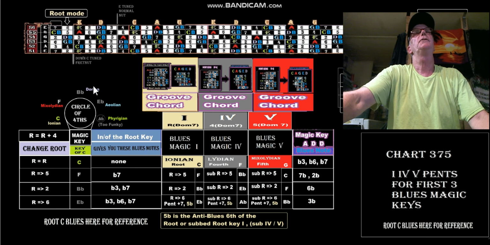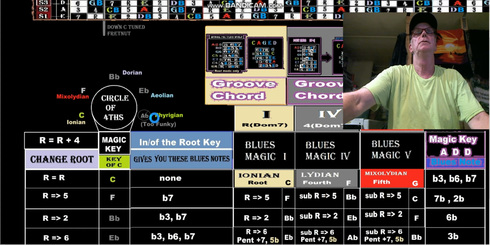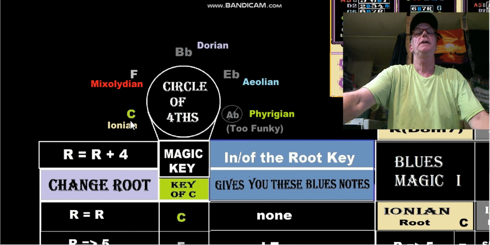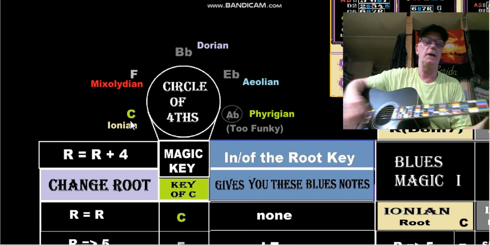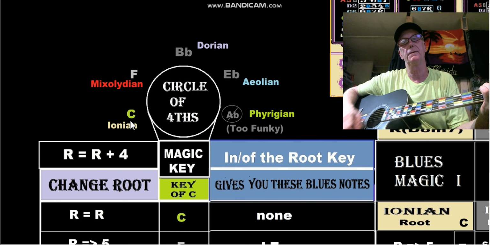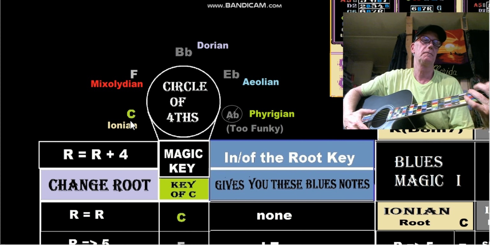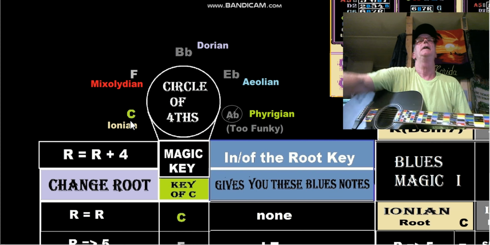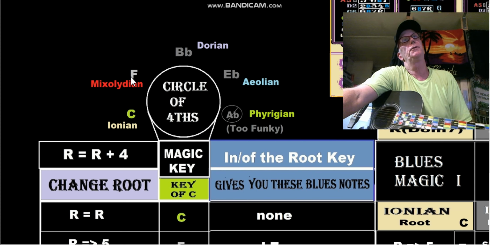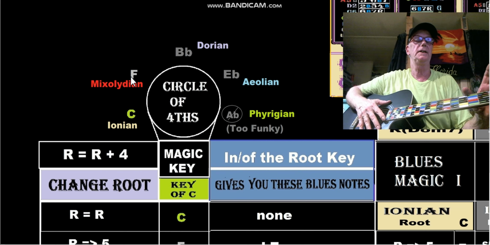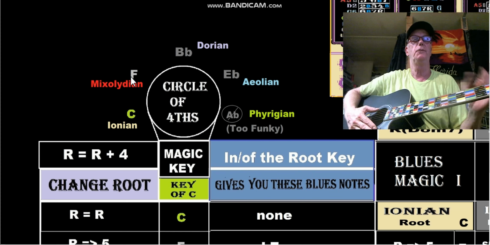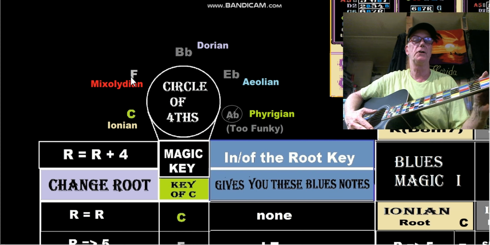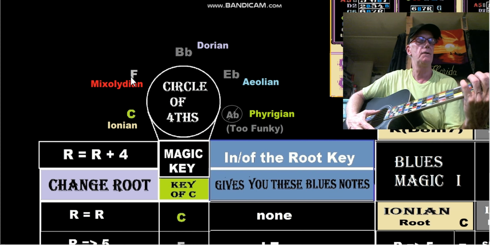If we go around the circle of fourths here, C is Ionian, no blues notes at all, right? But we can play it over a nice groove like a C7. Like that. And then if we add an F to it and make that C a Mixolydian, we play it as it's in the key of F. Go around the 4th. We're going to play in the key of the 4th, but starting on that same C, then we'd have